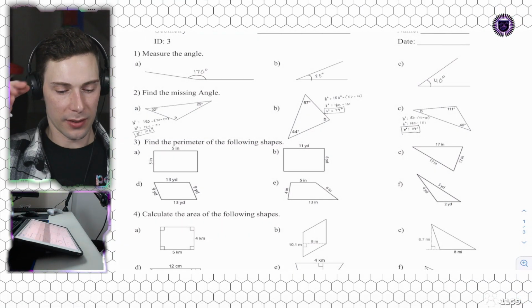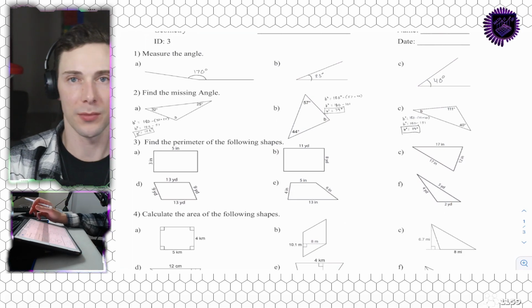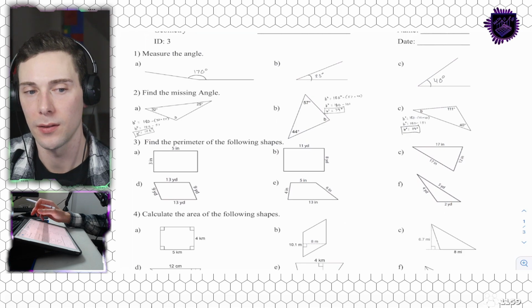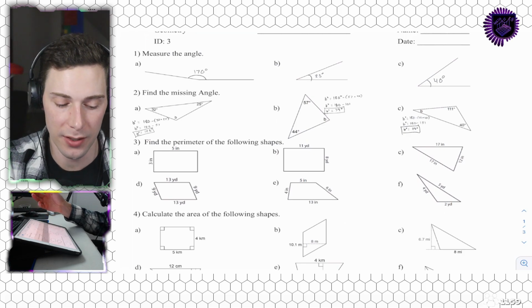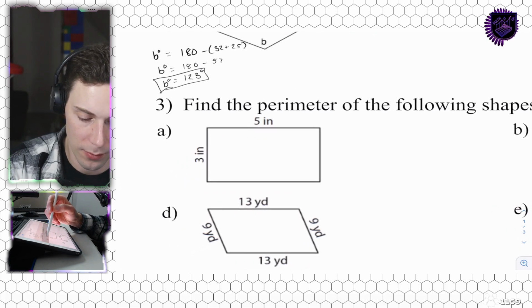So this next section, we're finding the perimeter. So we're going to be adding some sides up, and then that'll be the perimeter. We're finding the distance around the shape. So this first shape is a